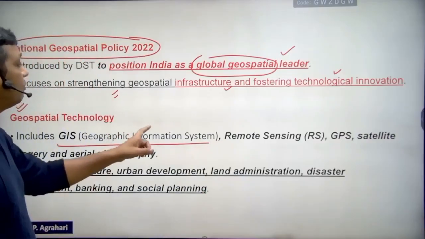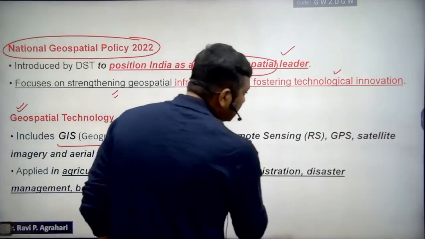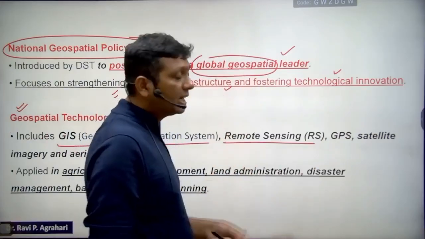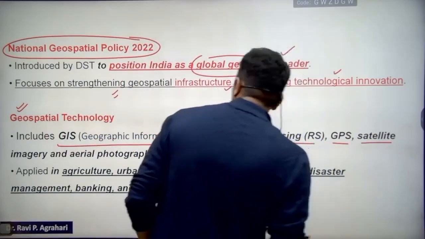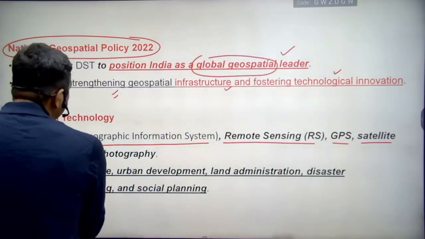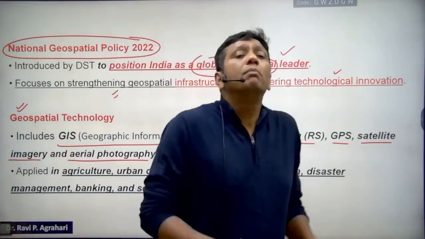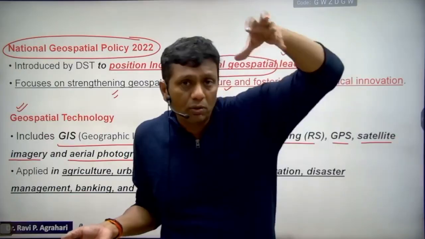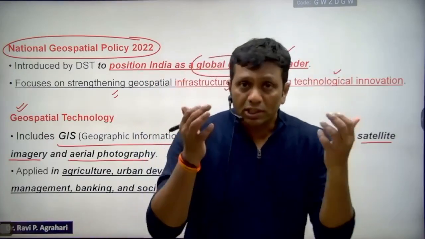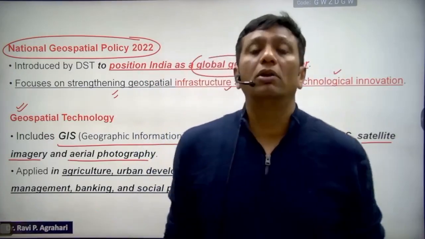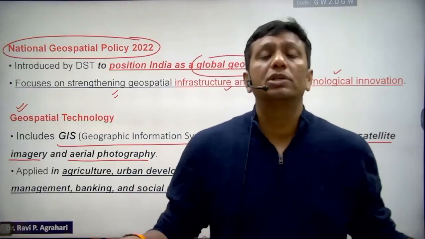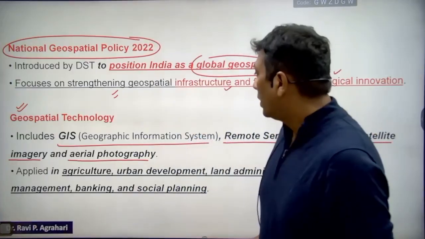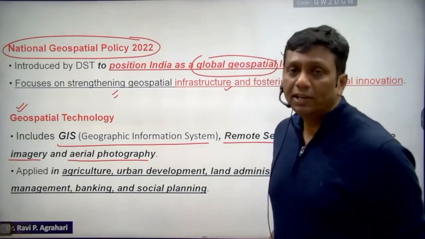So geographical information system and remote sensing data will be useful. Those remote sensing satellites, GPS satellites, even other satellites will take the image, and even various aerial photography, maybe any drones, UAVs you can also use to capture images of particular areas. On such a basis, you are going to make a record of the Earth's surface, with pictures and images, everything.